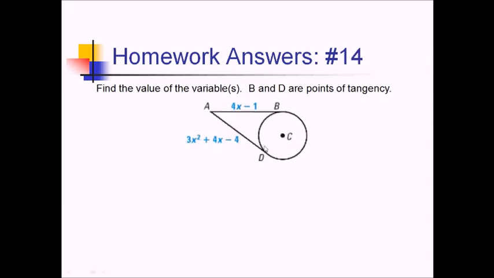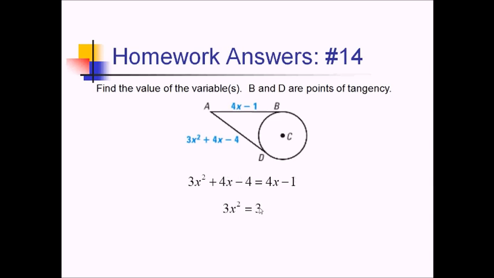On number 14, we're given these two tangent lines from the same external point, and we're asked to find the value of x. Since we know these tangent lines are going to have to be equal, let's just set those two expressions equal to each other. Now this is going to set up a quadratic situation. Normally we would try to get everything on one side and either factor or use quadratic formula, but if you start moving things around, you're going to see that these 4x's cancel each other out. Since you're not going to have an x term in there, that means you can just solve this by regular square rooting. So let's cancel out those 4x's, and I'm going to add this 4 over to the other side,